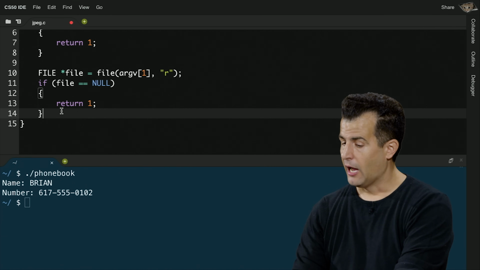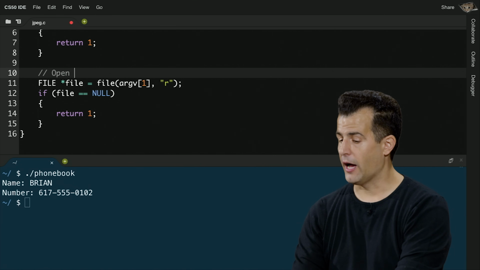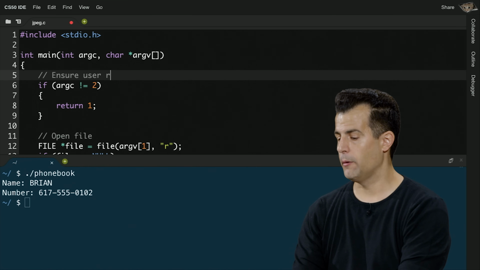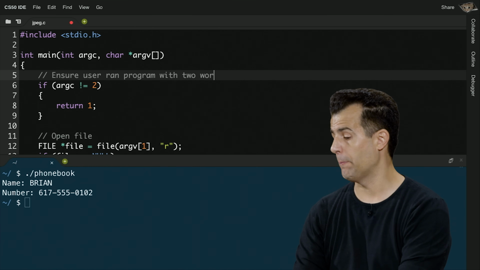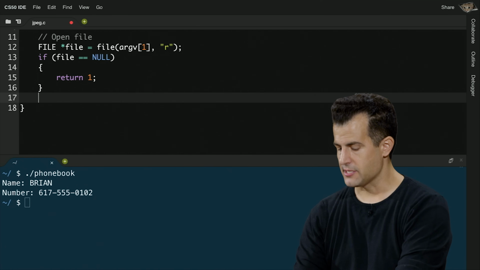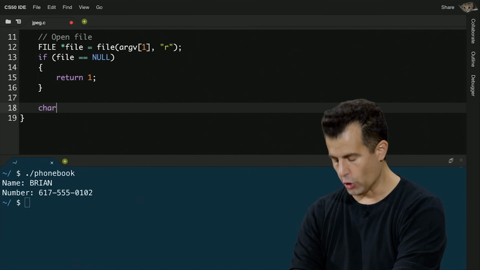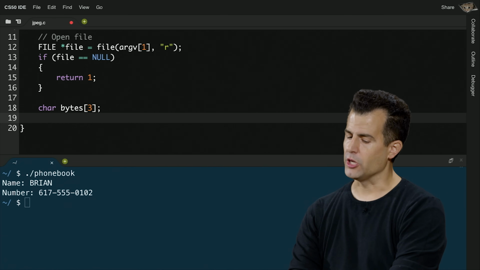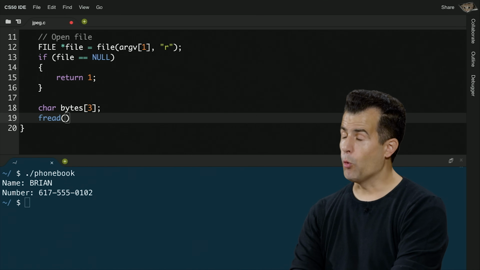So at this point, I have opened the file. I have ensured the user ran the program with two words at the prompt. That's our argc use there. Now let's go ahead and do this. I'm going to give myself an array of 3 bytes. And I'm going to use a function called fread. And we'll see more of this in the assignment.